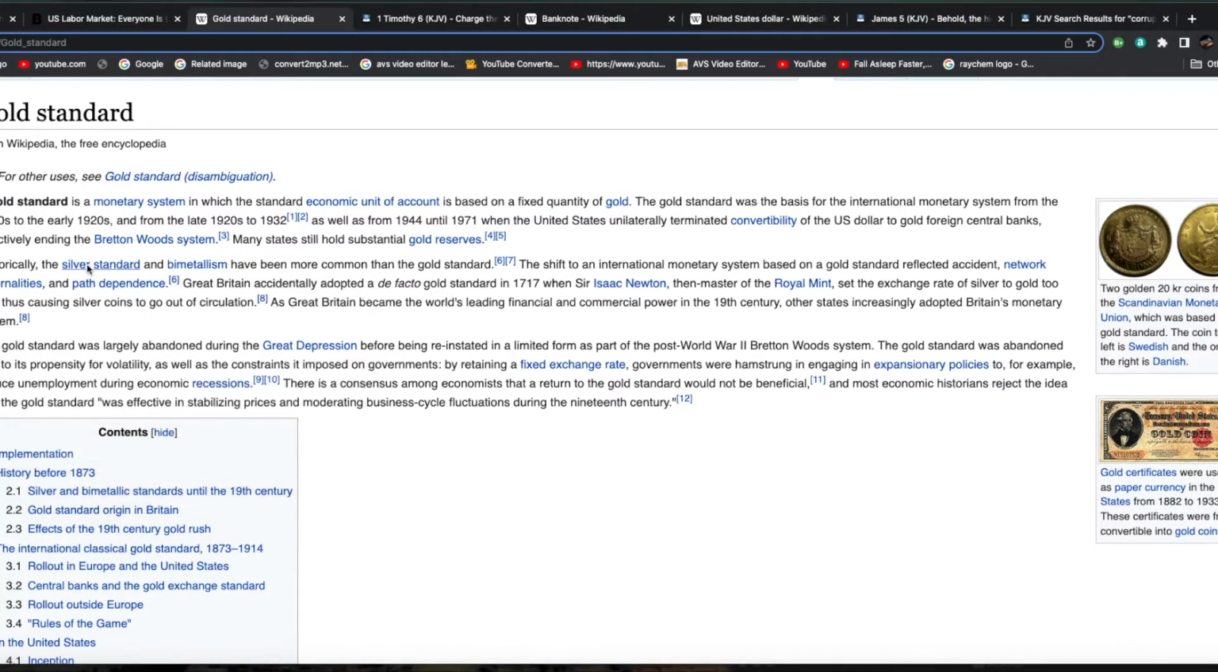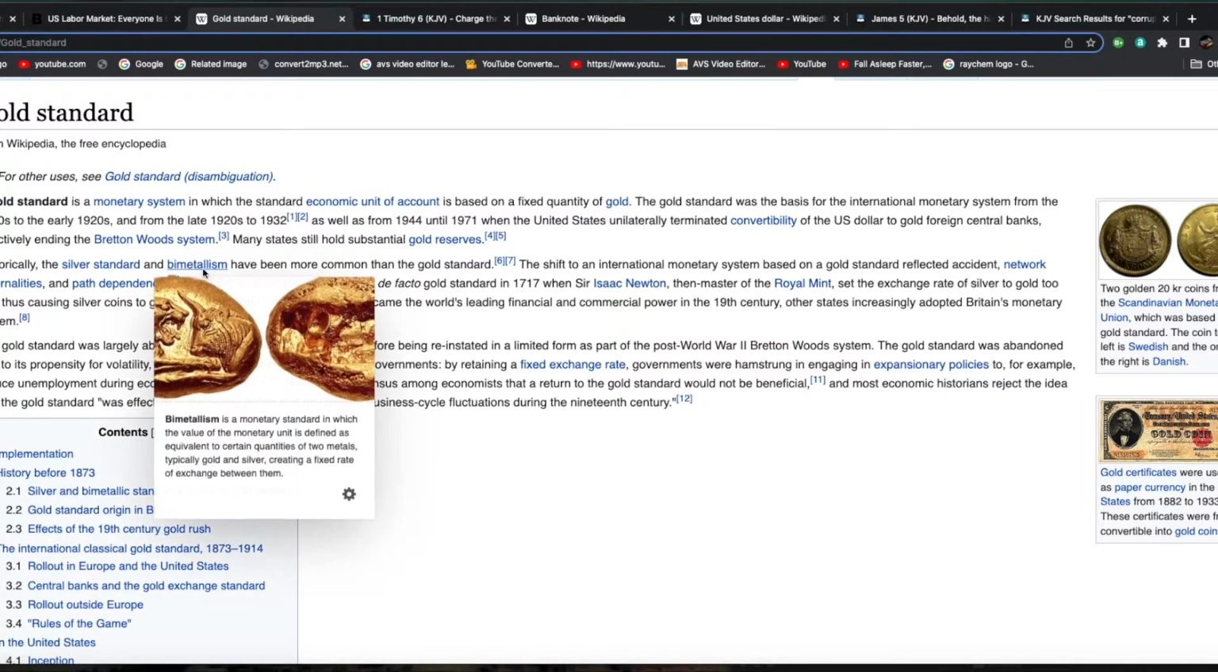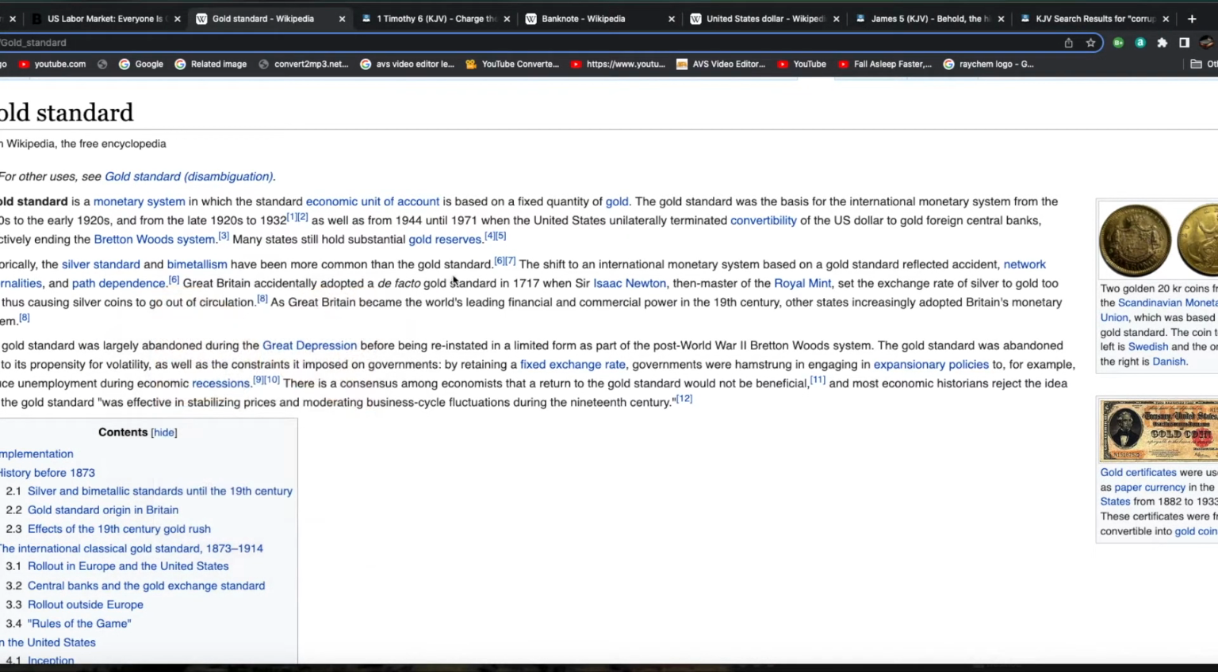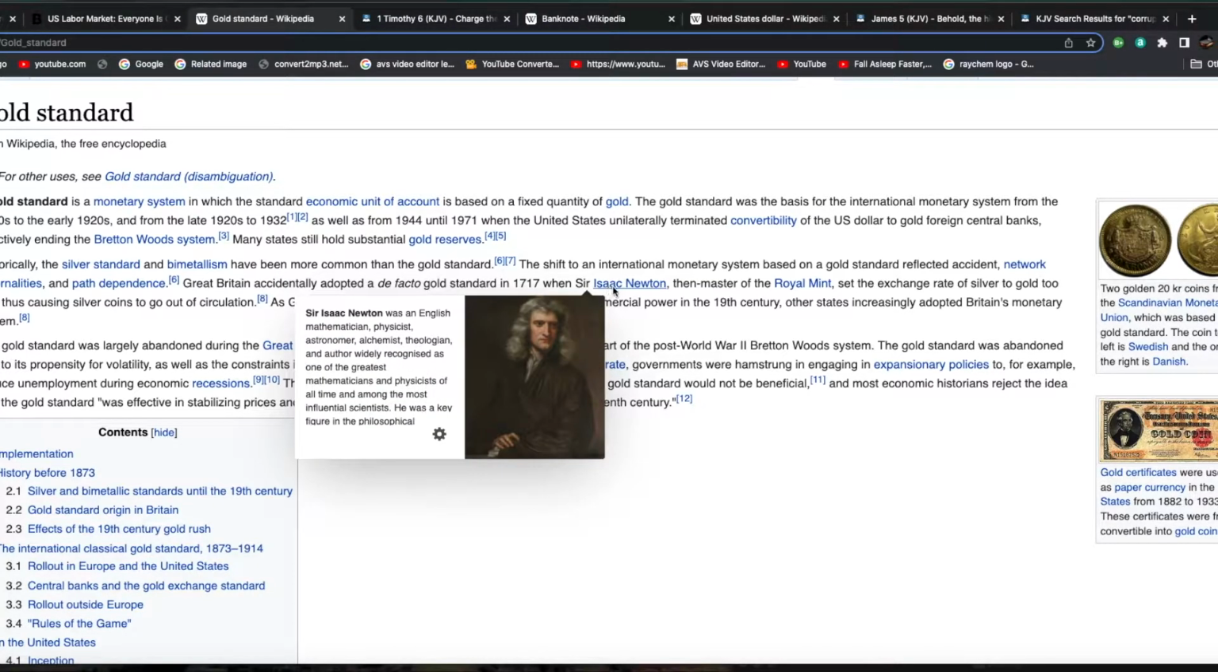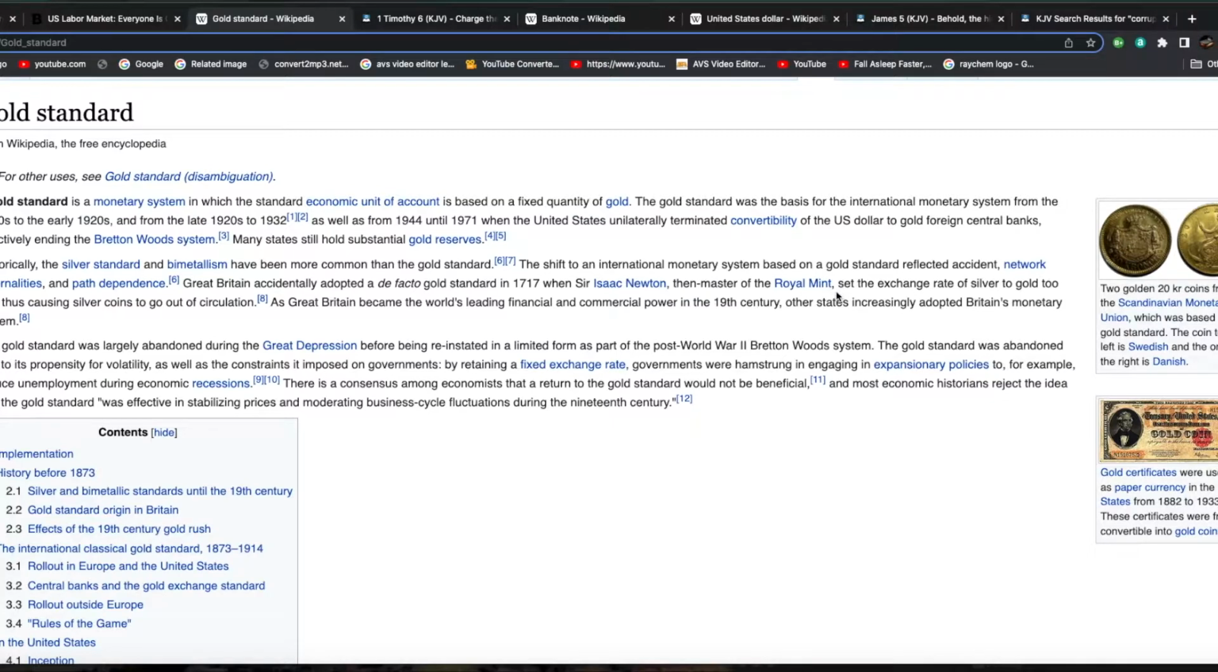Historically, the silver standard and bimetallism have been more common than the gold standard. The shift to an international monetary system based on a gold standard reflected accident, Newton, network externalities, and path dependence. Great Britain accidentally adopted a de facto gold standard in 1717 when Sir Isaac Newton was master of the Royal Mint. And in Britain,